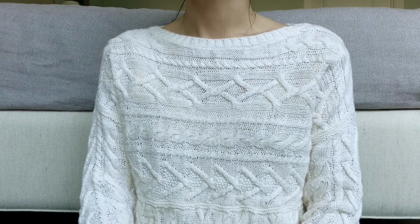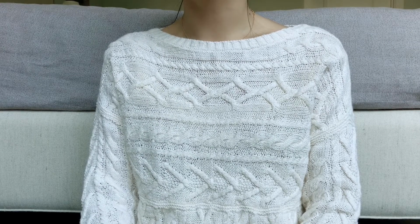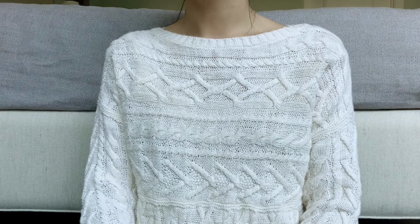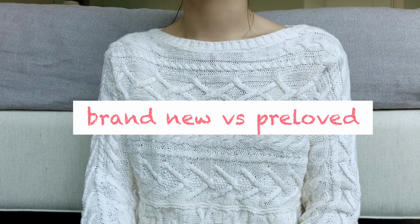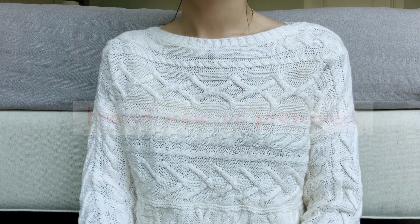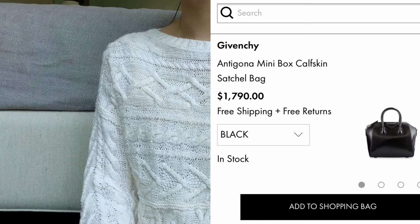Before I wrap up, I know in the beginning of the video, I also said how the extra savings from these 3 tips have made a difference when I decide on buying something brand new versus pre-loved. Let me expand on that. Take the Givenchy Antigona Mini as an example. It currently retails for